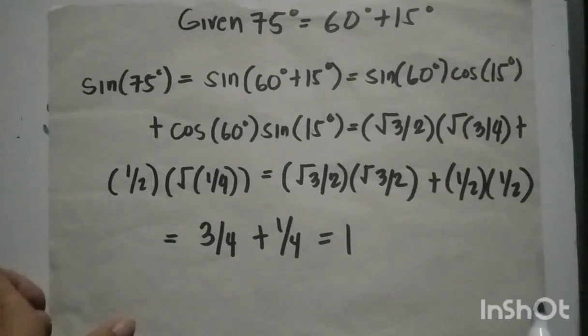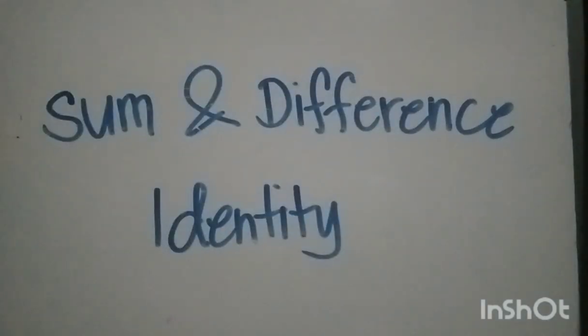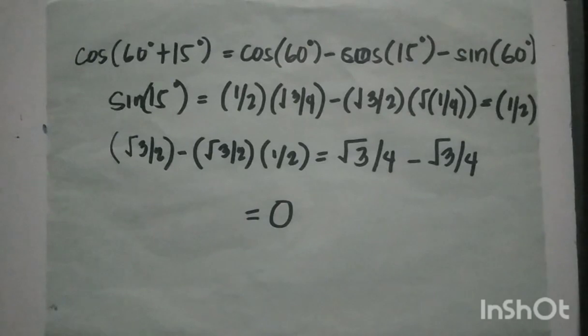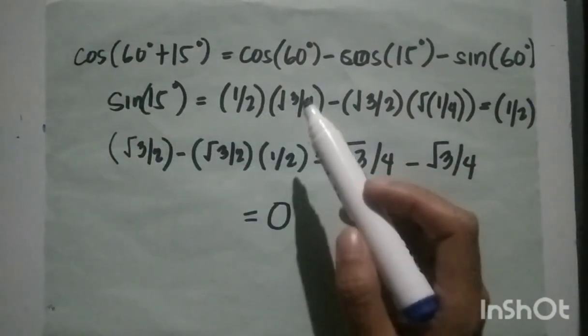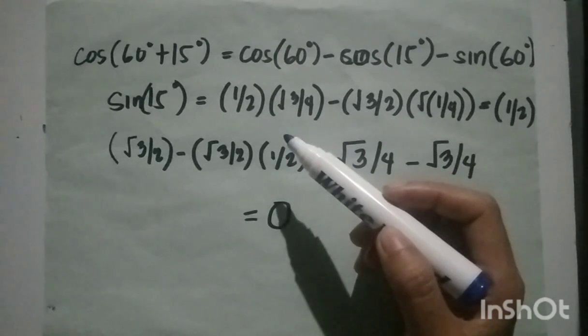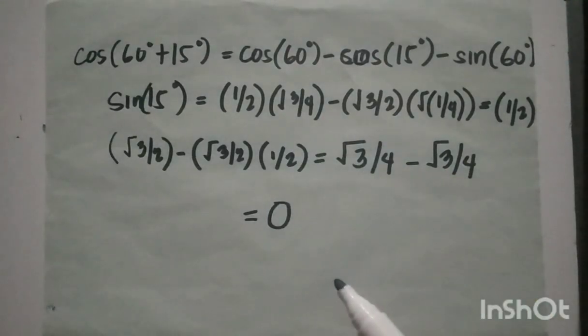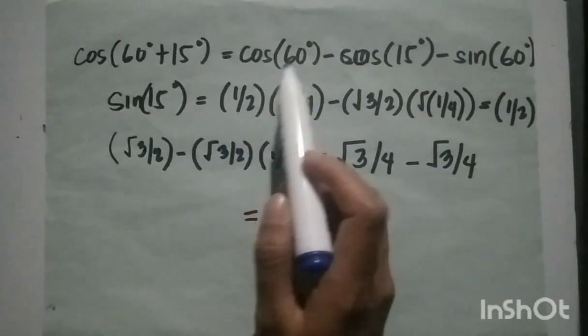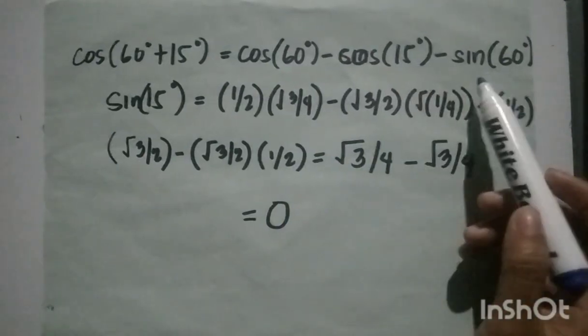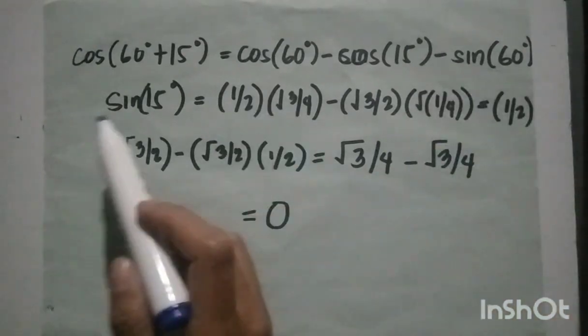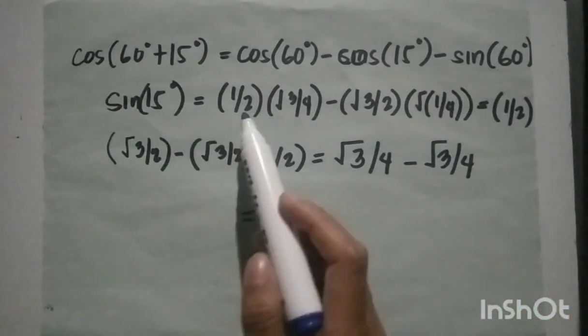Now let's proceed to cosine. Okay, with the same given, which is 75 degrees, equivalent to 60 degrees plus 15 degrees. So we have here the sum identity in cosine. So we have cosine 60 degrees times cosine 15 degrees minus sine 60 degrees times sine 15 degrees, which is equal to